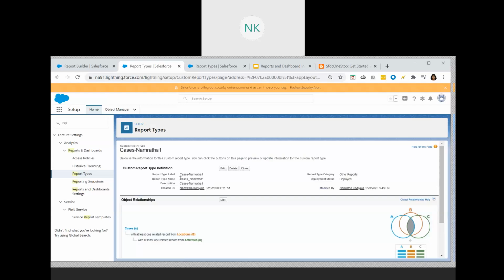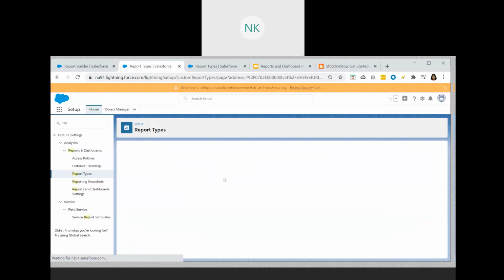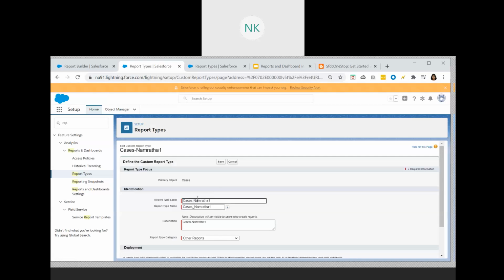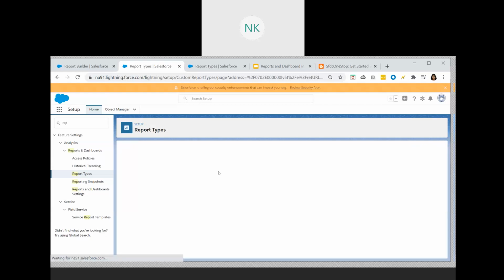And since we know that this report type is associated with multiple other child objects, I will say cases, location, and its activities, so that it will give me clear identification that this specific report type is mainly pulling out the information from the cases, location, and the activities, and click on save.